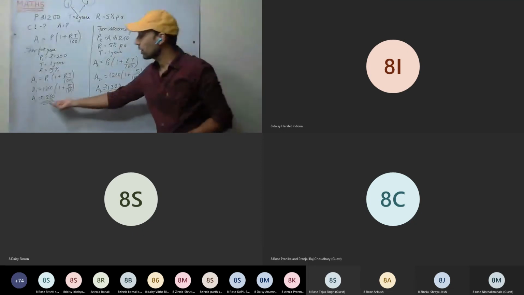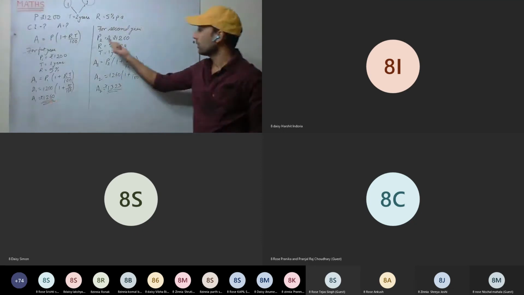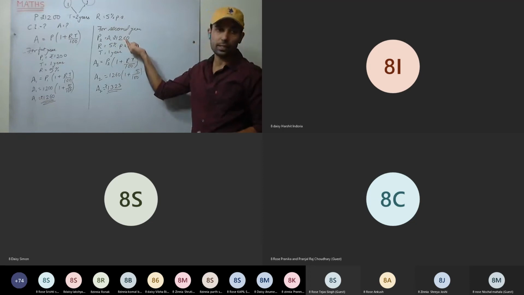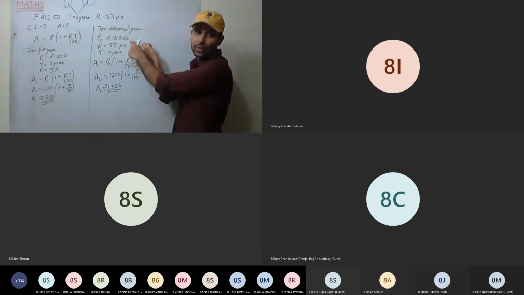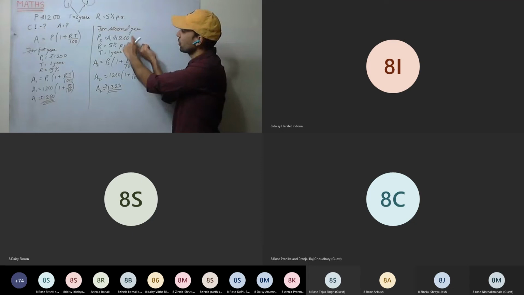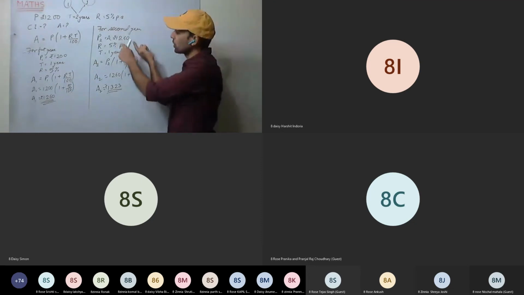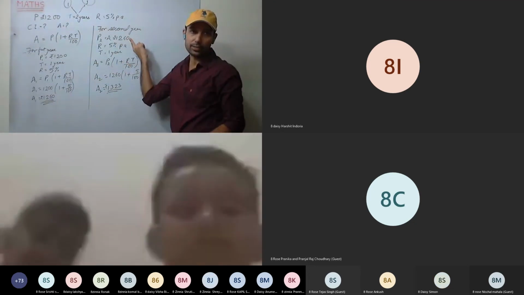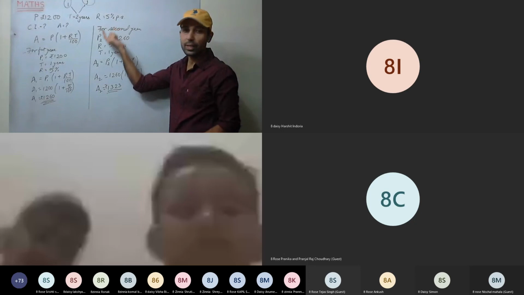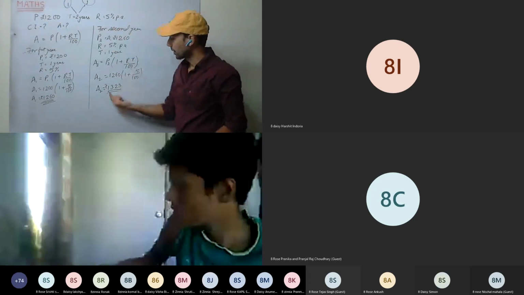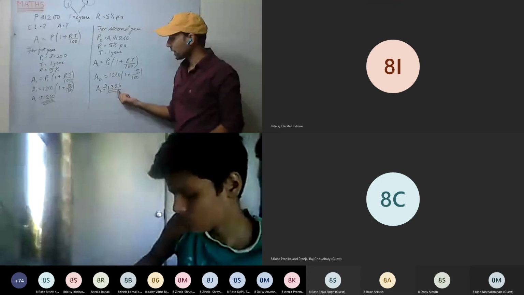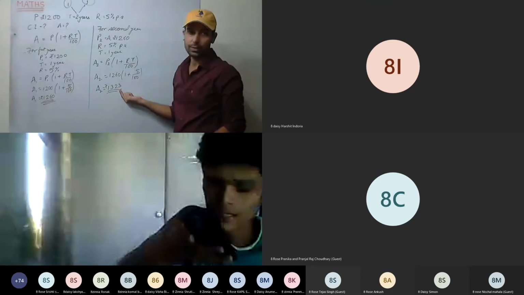This is clear. What was amount after 1 year? That is acting now as principal for the second year. So see here, in this we are having 1260 rupees as well. That is interest. So we are calculating the interest on both principal as well as interest. In compound interest, we calculate interest on principal as well as on interest. This is clear. So amount after second year is 1323.